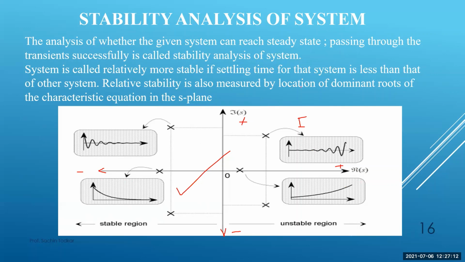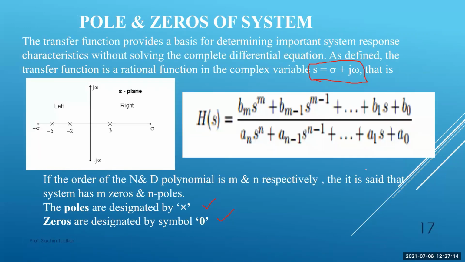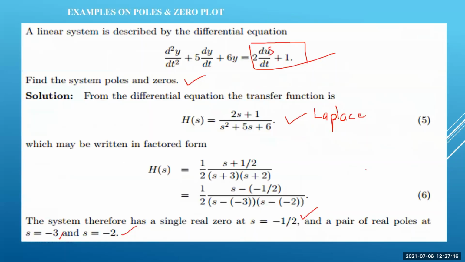So we can find out like this, and we'll solve some more numericals in the next lecture also. We have to find out only the poles and zeros of that particular transfer function. So it is relatively easy to find out poles and zeros, and they may ask you a 2 marks question on poles and zeros in the final examination. So you have to study hard. In the next lecture we'll see 2 or 3 numericals based on poles and zeros.